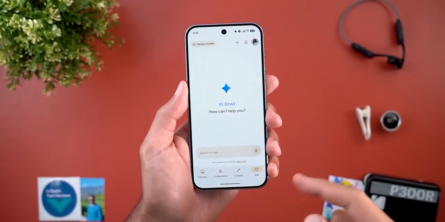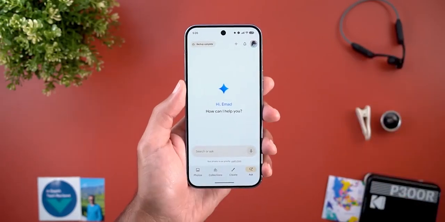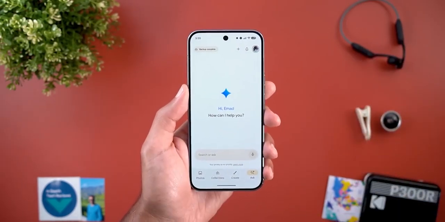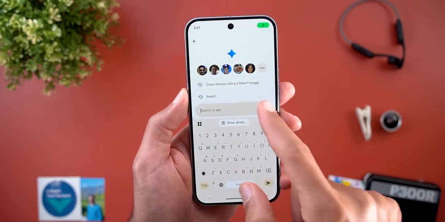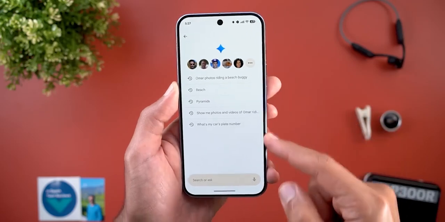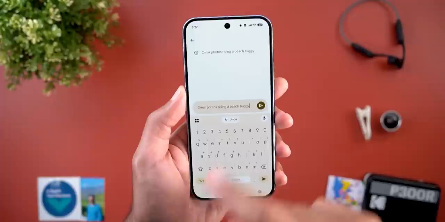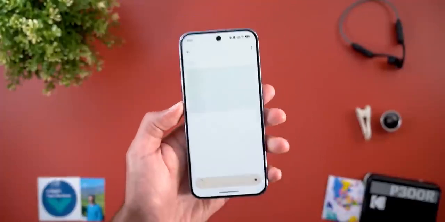In a nutshell, Ask Photos uses Gemini models to enhance your search experience and allow you to use natural language. So let me show you some examples. First, you can either use voice search or typing, and when you tap on the search bar, you will see some of your people here at the top with the search history. So let me paste this query which says Omar photos riding a beach buggy and tap on send and see